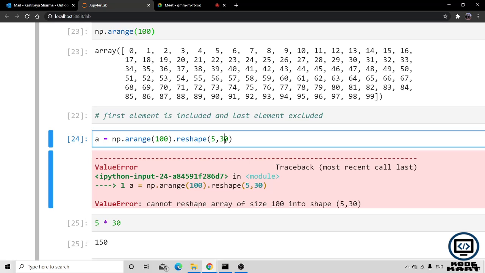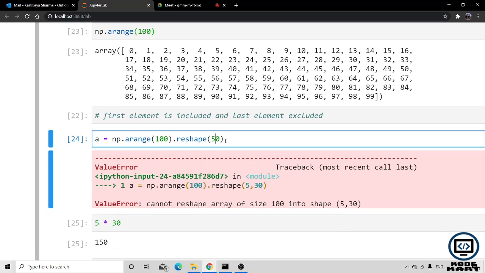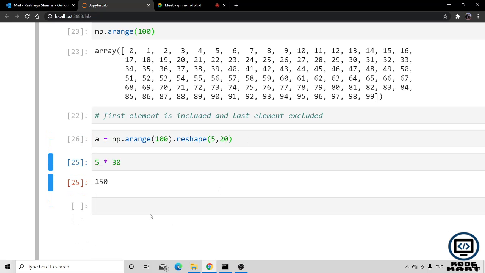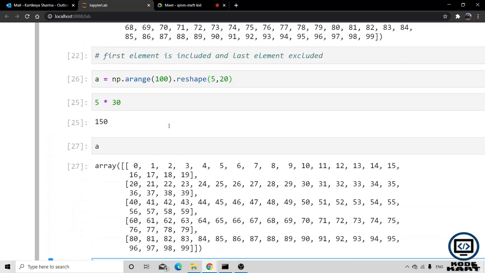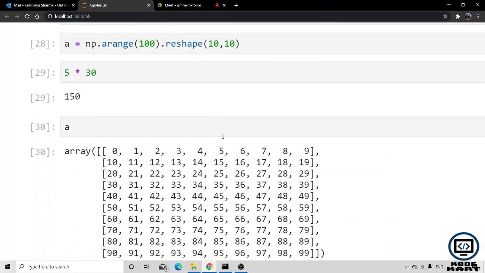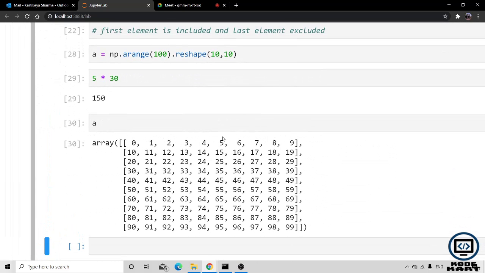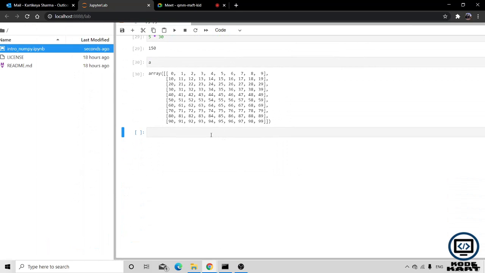So if you provide 20 here, it will work fine. Now if you print A, the matrix is generated as 5,20. Now if you want a 10,10 matrix, you can see the matrix is generated with 10 rows and 10 columns. This is about reshaping.